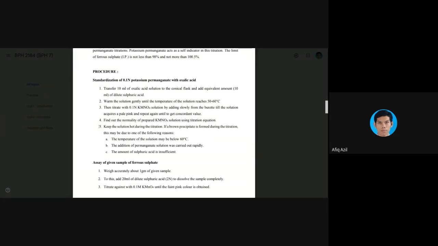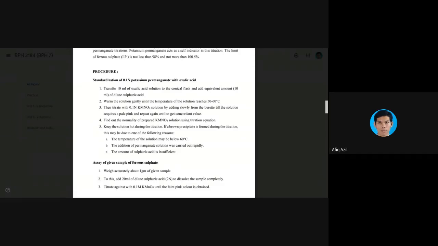So number 5 here is more like a precaution for the titration. Keep the solution hot during the titration, meaning the solution that is in the conical flask. You can do it on top of the hot plate, but another option is to have the hot plate ready on one side. Put the conical flask on the hot plate, then you can do the titration, but once in a while you have to reheat again to make sure that the temperature is between 50 to 60